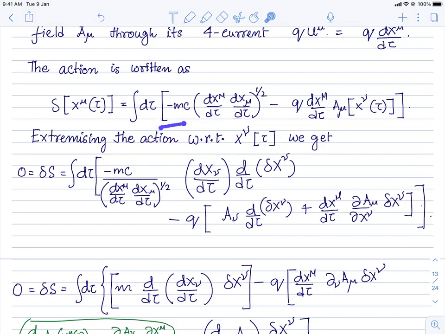Okay. So now this is the free particle. If you like, this is the part which is equivalent to the kinetic energy of the particle. And this is the part where the particle is experiencing some kind of an interaction with the electric and magnetic field, which should be captured through this term. The main thing that I want to understand and appreciate is that, in order to do this in a manifestly Lorentz covariant way, we should think of these particle coordinates x^mu